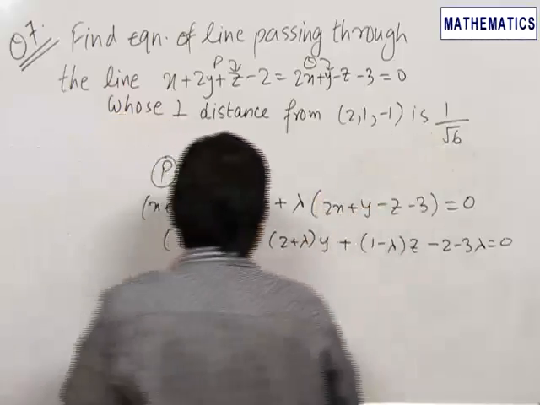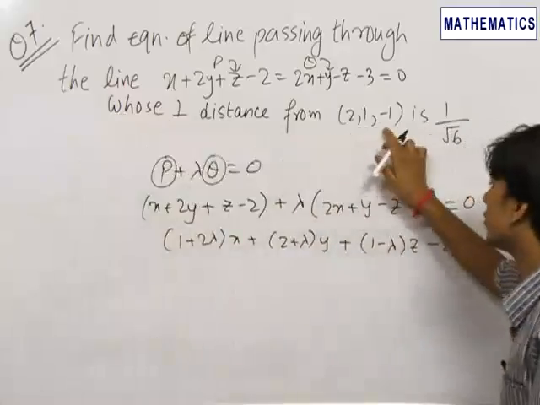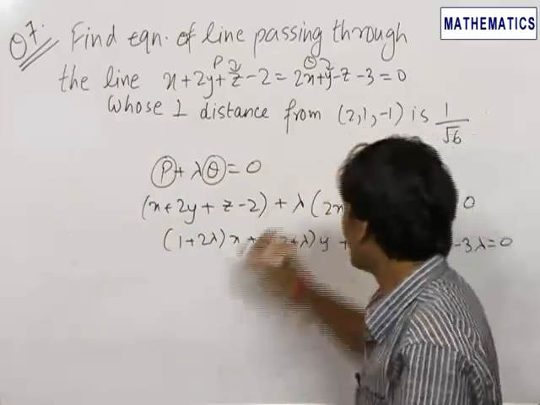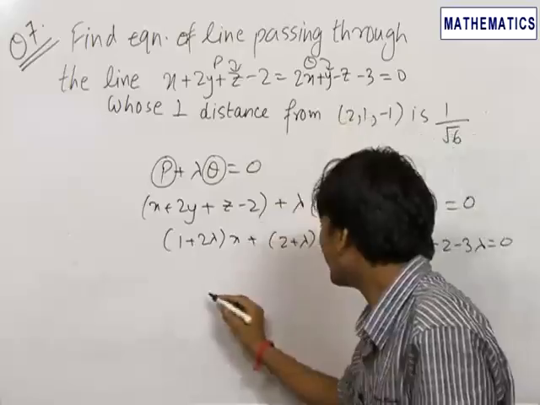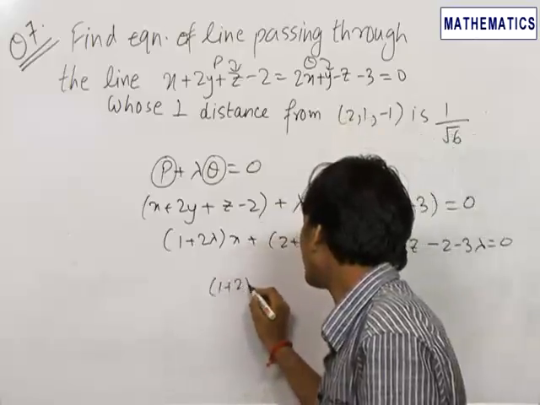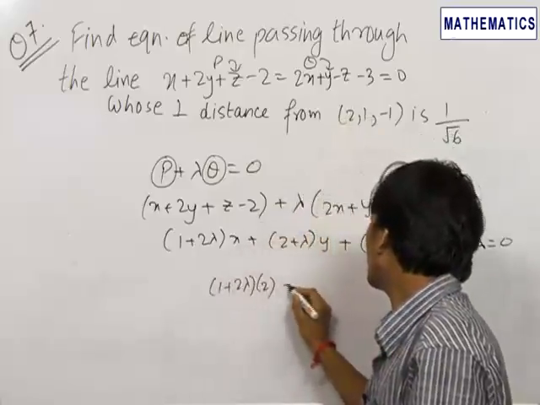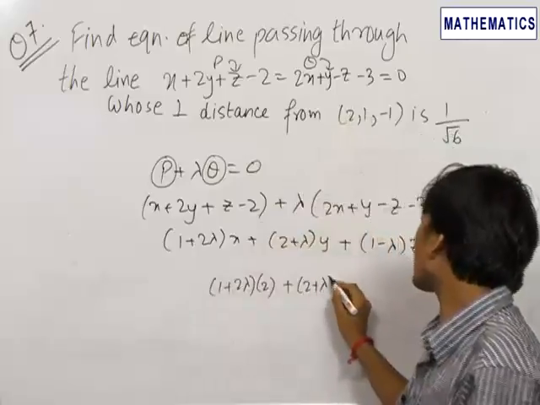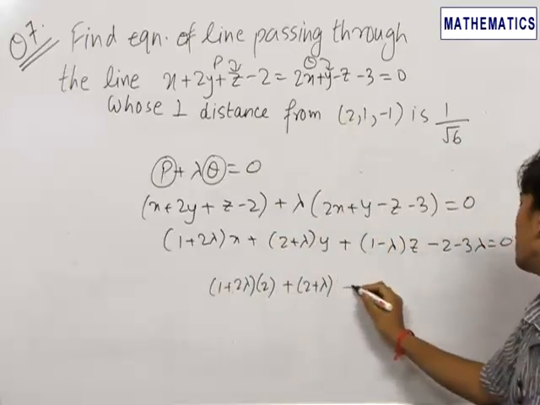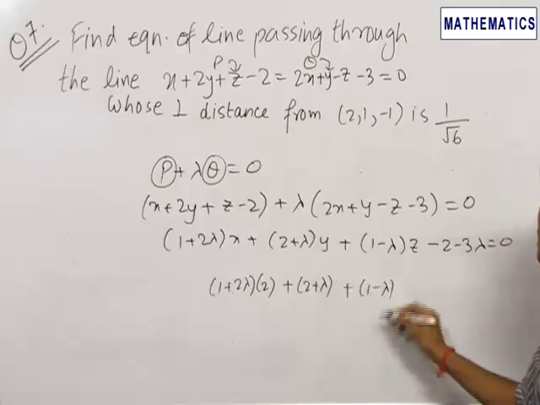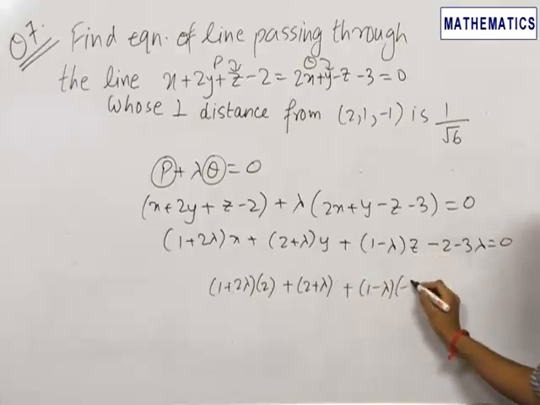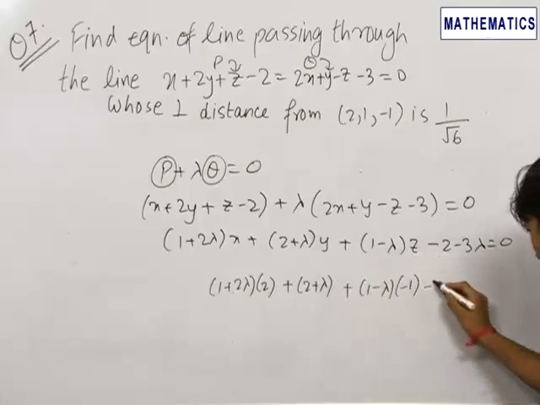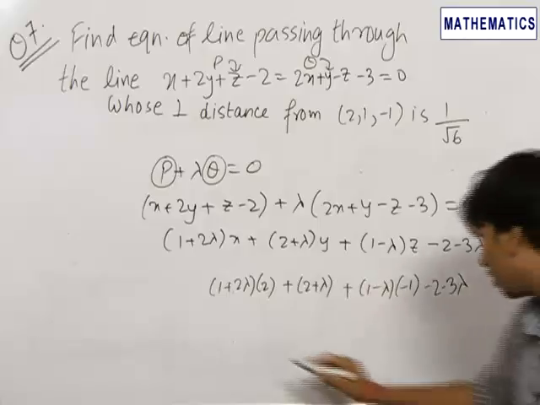Therefore we can write, we already know the formula for the perpendicular distance of a point from a particular plane. We first put the point over here to get (1 plus 2 lambda) into 2 plus (2 plus lambda) times 1 plus (1 minus lambda) times z, that is minus 1, minus of (2 minus 3 lambda), upon